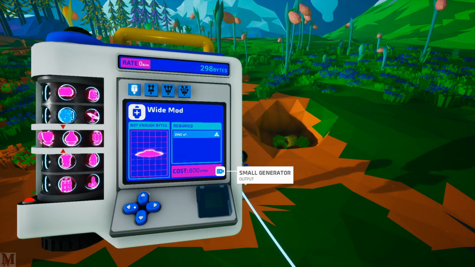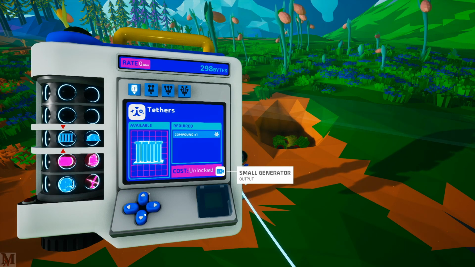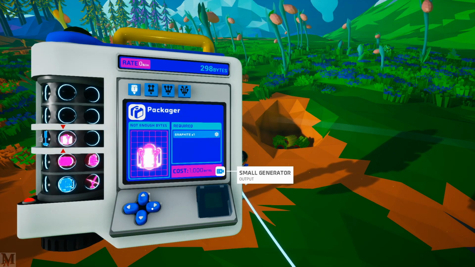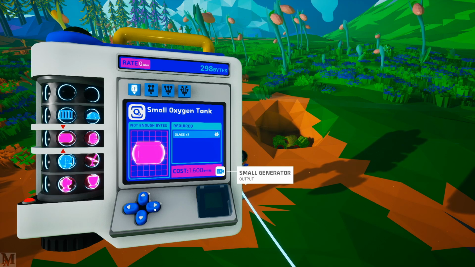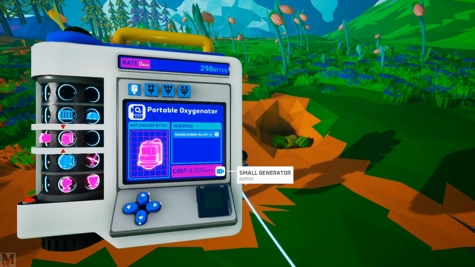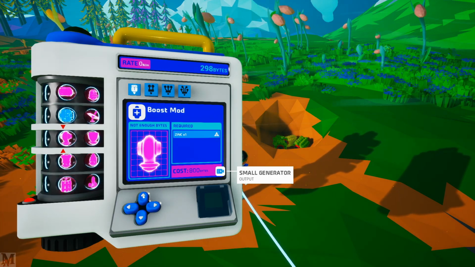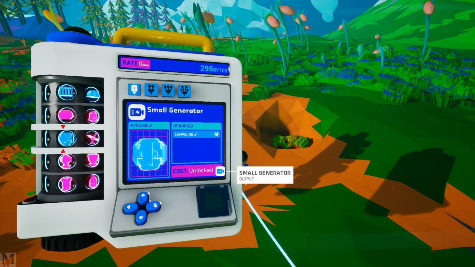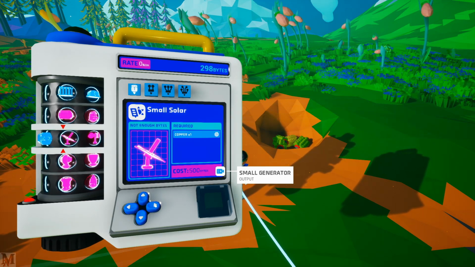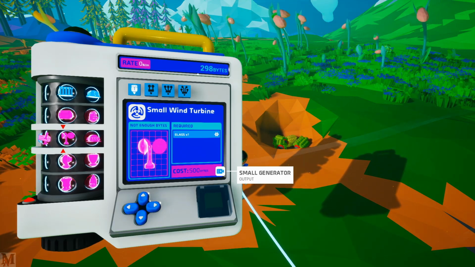Okay, so I've just been looking through our catalog here, and I'm really excited to see what these guys have got going on, because there's stuff like, we definitely need to work light. We need copper, which is malachite, but there's a packager, which I have no idea what that is. We need a small oxygen tank, but it needs glass. Glass is actually something I believe that's new. Portable oxygenator, and then a small generator, and then there's boosted mods, but we've already got the small generator, I believe, and that makes compound, but we really don't need the power for it yet. But we definitely do want the small solar, and we do want the small wind at the very least. And as you can see, we've only got